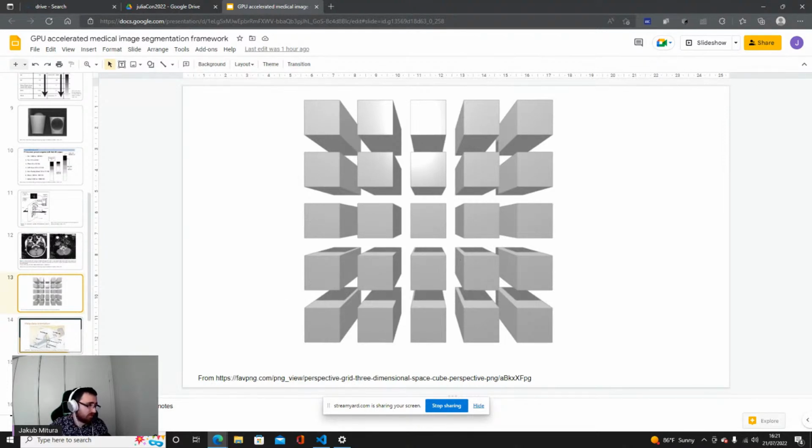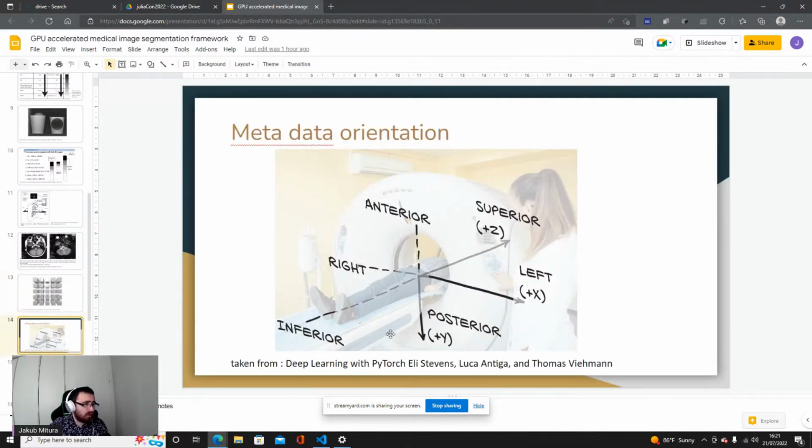What I mean by physical space is that when the patient is lying, we have right, left, superior, inferior, anterior, posterior, and it's important which is which. So in which direction the patient is lying, and where do we start counting, for example, millimeters from the foot, from the head, or from somewhere else.